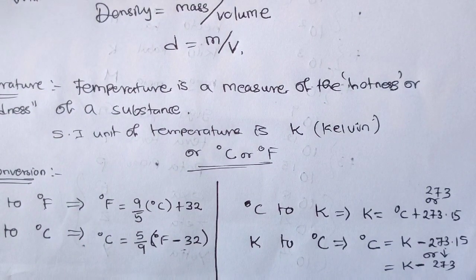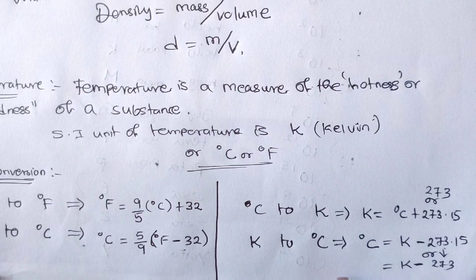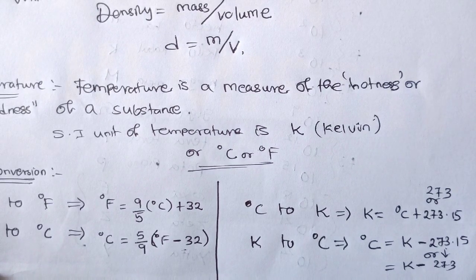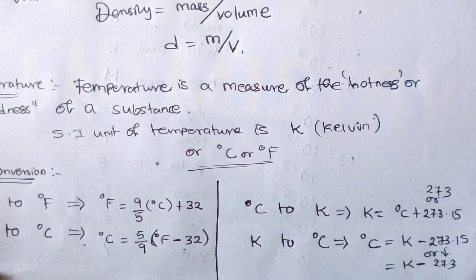So all these things you can write down in your fair book as definitions, okay, and that table 1.3 we have seen. Okay. So next time we will be continuing with the uncertainty in measurement and also numericals based on this temperature and all. Okay, thank you.